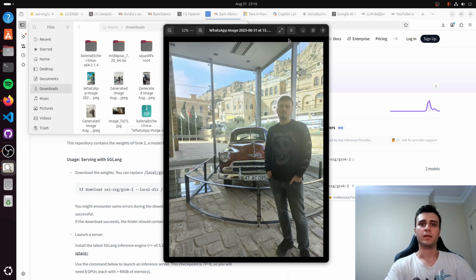Welcome to the last 2 weeks AI news. The first one was Nano Banana. Nano Banana is a nickname for Gemini 2.5 Flash and its new version, and it can do some simple photoshopping